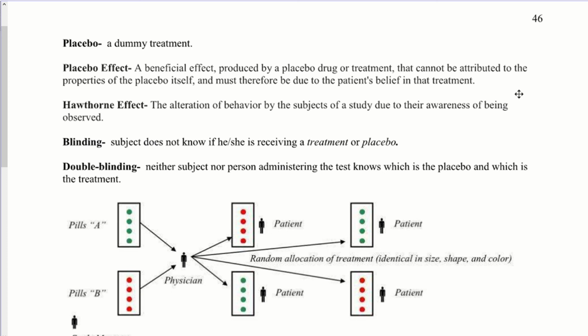Now, there are some kinds of medicines that are supposed to help you in terms of your autonomic responses to things, and that's something you wouldn't necessarily need a placebo for. If I'm testing the effectiveness of a blood pressure medicine, I don't need a placebo group. Well, I need a control group, but I don't need to trick people into thinking they're taking a real drug when it's a fake drug, because all I have to do is measure their blood pressure, right? But if you're testing something like an antidepressant or a pain relieving medication or something along those lines, then a control group, including a placebo, might be the way to go, because an individual's perception is part of the evaluation.